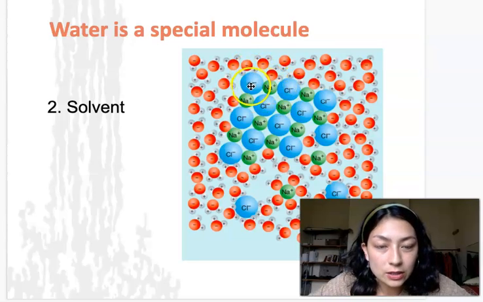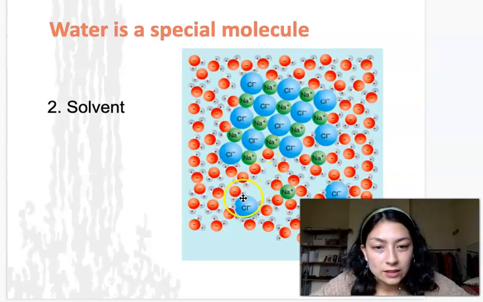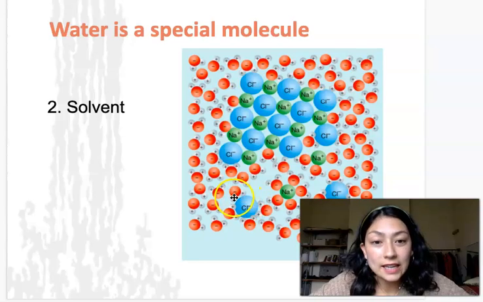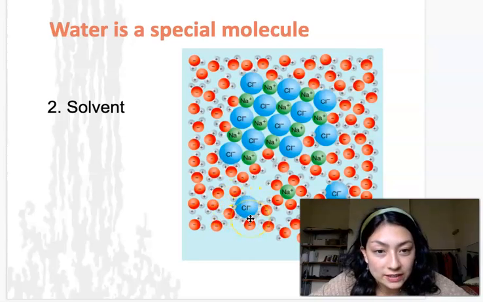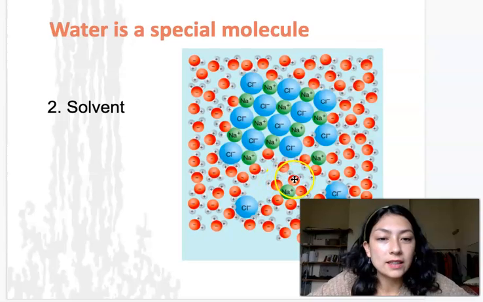See sodium chloride. At the top here, it's being dropped into the water molecule, into the container. And then what we're seeing here is the negatively charged chlorines attaching to the positively charged hydrogens. And then alternately, you can see the slightly positive sodium bonding with the slightly negative oxygen. And that is how water dissolves things.